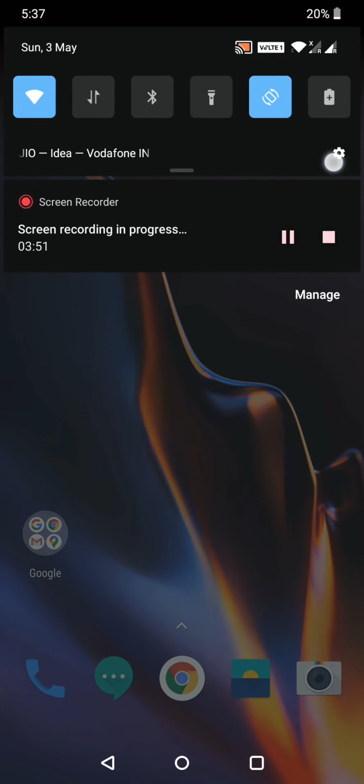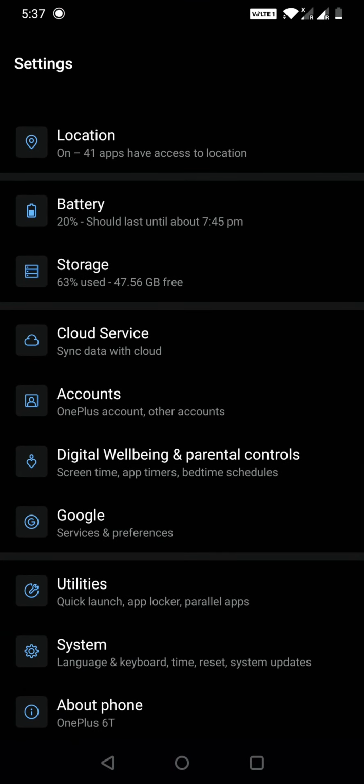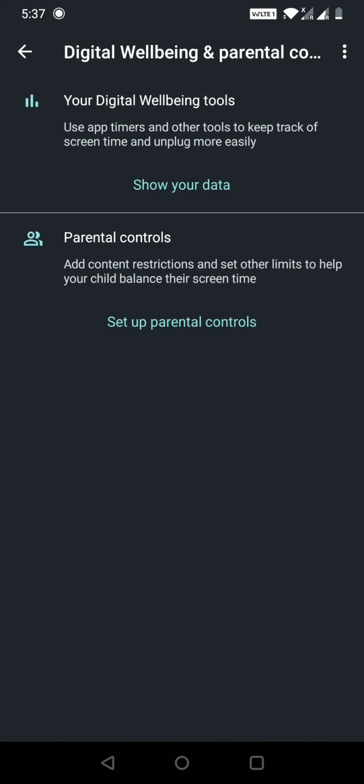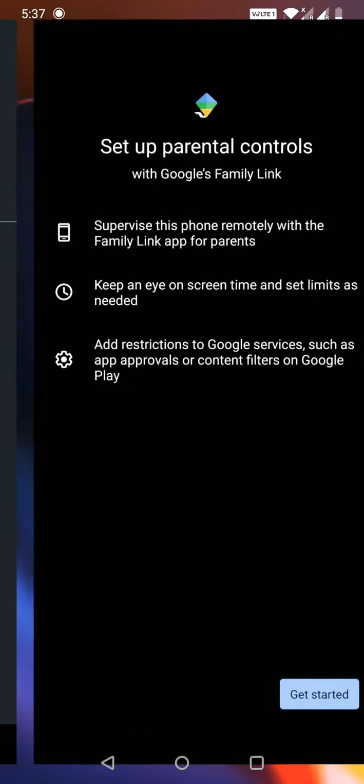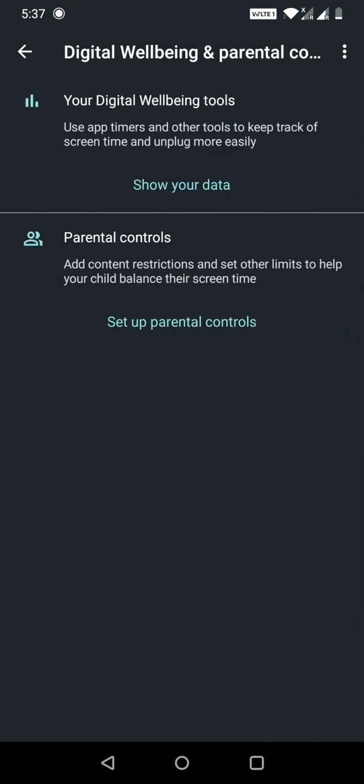You can just go to the setting option, where you will get an option called digital well-being and parental control. You just need to click on this option. Here you will see which kind of data you would like to show. So set up parental control. You can set up those options using this, and accordingly your data will be displayed to the person to whom you have handed over your mobile.